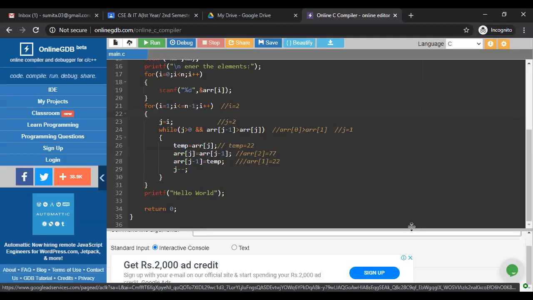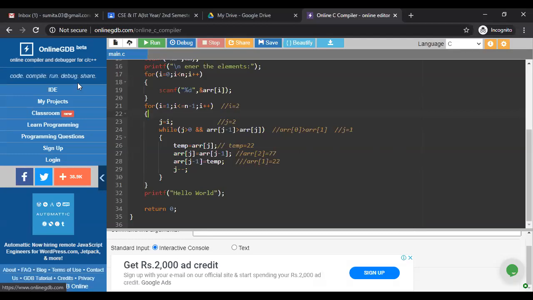In our array, there is no negative number as an index. So that's why we are not taking i equal to 0. We are taking i equals to 1, and the loop executes till i is equal to n minus 1, nothing else. In case of 0, we write less than n minus 1.